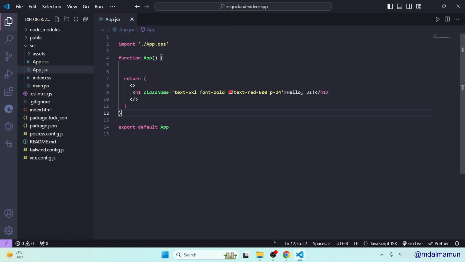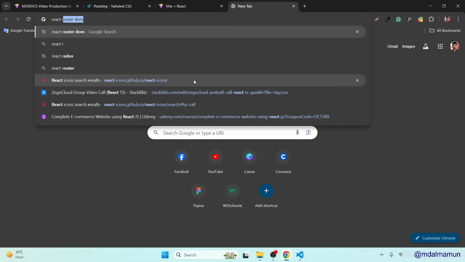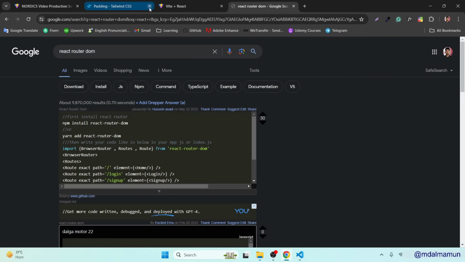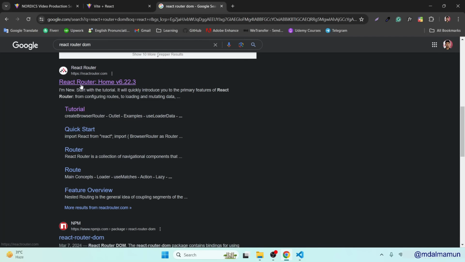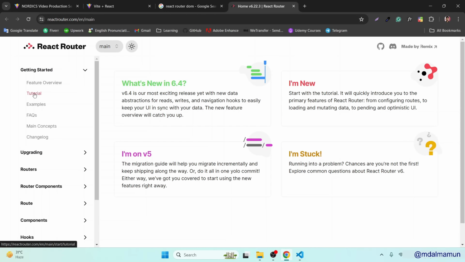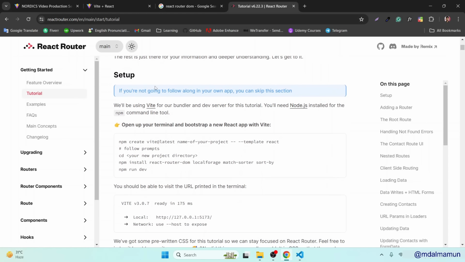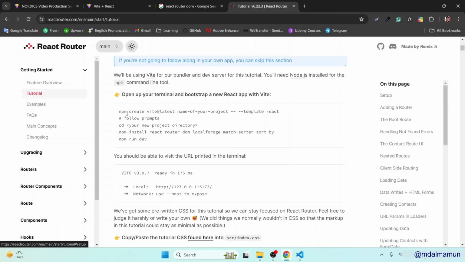Next, we have to install React Router DOM. So from here we'll search React Router DOM. Let me close this Tailwind CSS, we don't need that. If you scroll a little bit, you can see reactrouter.com. You will go to the website. From here you will hit Get Started, then you will find the tutorial section. Click this tutorial section, and after clicking it,